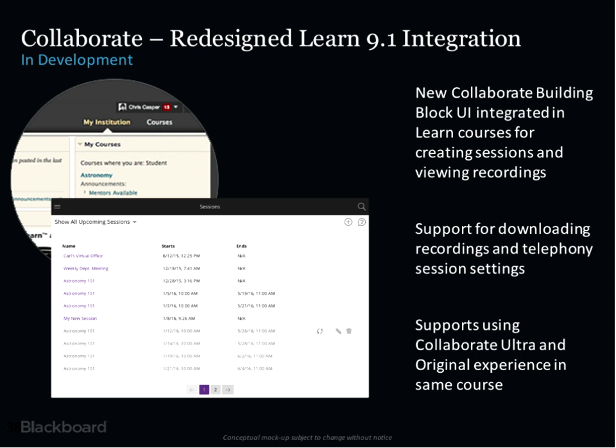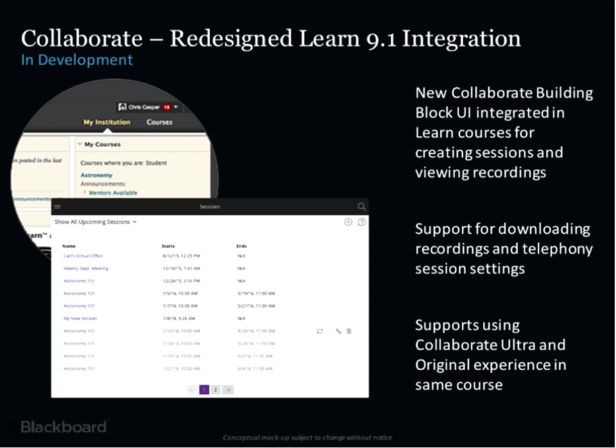So there's a lot of functionality within that scheduler UI that needs to be duplicated in various scenarios. And so, for example, downloading recordings or setting telephony session settings is available in this UI today, but not yet available in the B2 for 9.1. So we really want to tighten that experience across all of the Collaborate offerings, and very specifically in Learn 9.1.